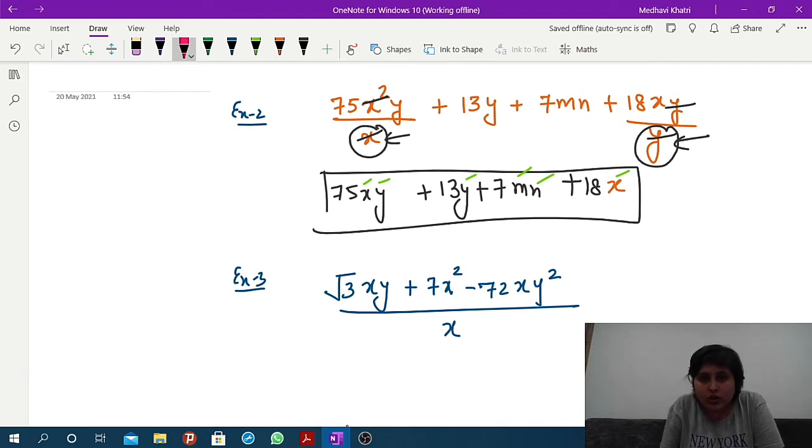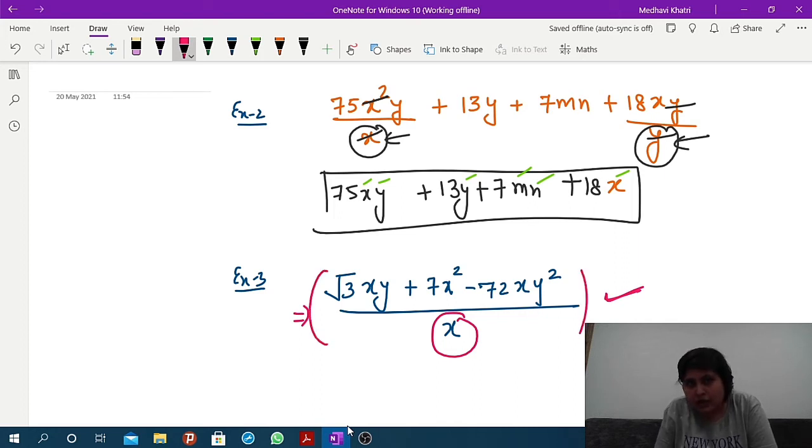Okay, so here we see that x is in the denominator, but as I told you in the previous question, we cannot just simply say whether it is a polynomial or not in the first place when it is not reduced to a simpler form. When the expression is complex and we can make it into a simpler form, then first we have to make it in simpler form, then only we can conclude whether it is a polynomial or not. Please make sure that you do this point clearly.